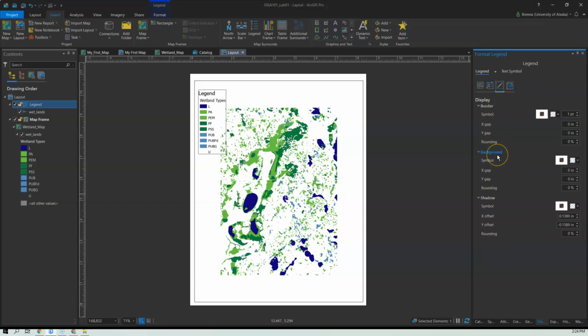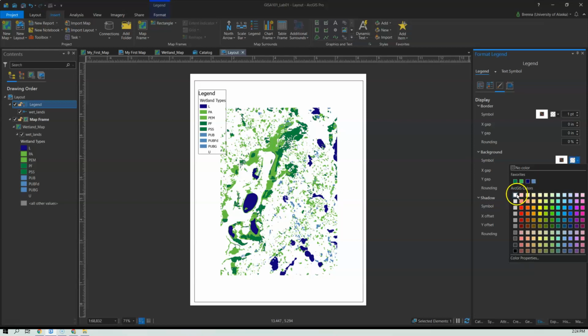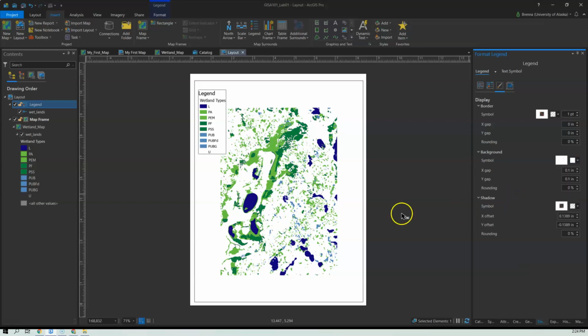I wouldn't mind if there was a little bit more of a gap around certain items, so I can increase. Oops. That's only going to work if it has a color. That gives a white background, so we're no longer hiding things. It's not going to have a border when the item isn't selected, but if you wanted to add a border, you could do that here. And you'll notice we still have this U hanging out.